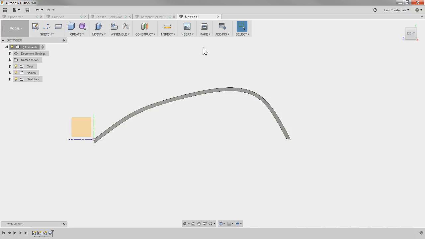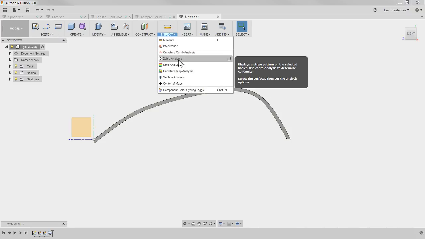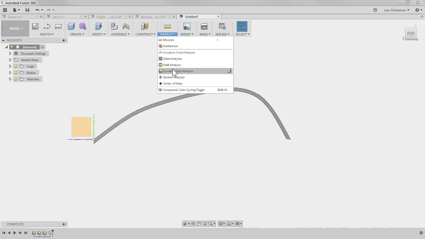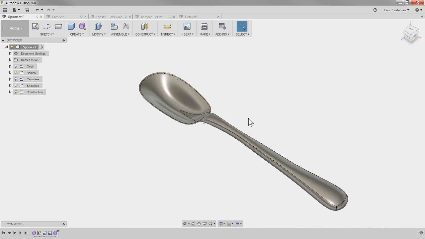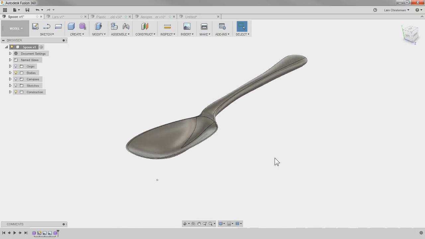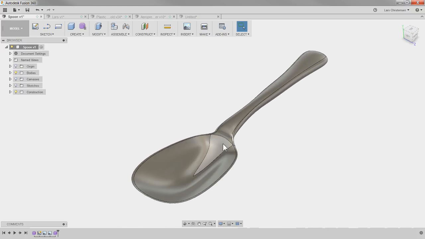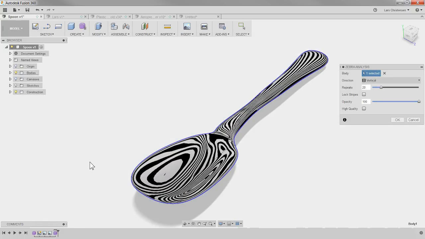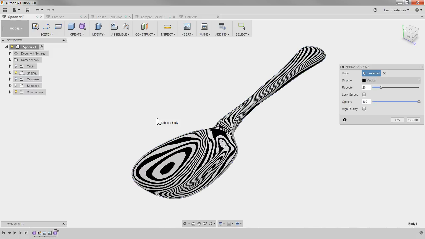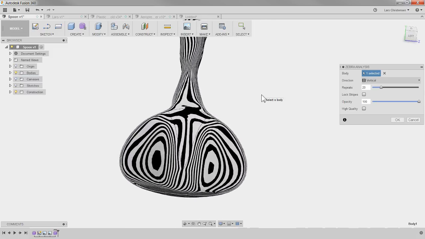The next one in here is zebra analysis, and I will also say curvature map analysis. They are also used, if we go back to our spoon, to get an idea about how the different shapes of the spoon are flowing together. So if I turn on the zebra analysis and click on the part here, and don't stare, this is like a solar eclipse, don't stare too much as I'm rotating this part around, or you might